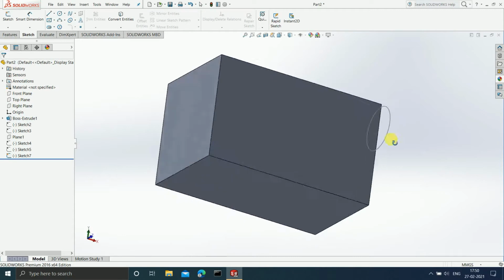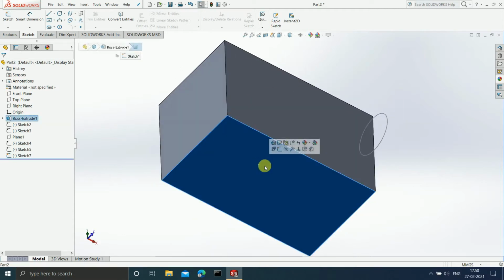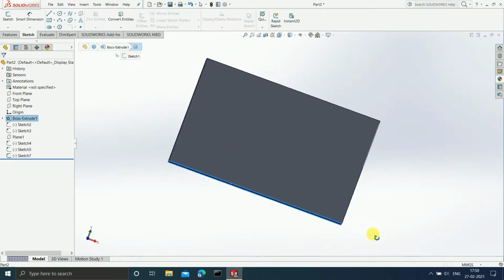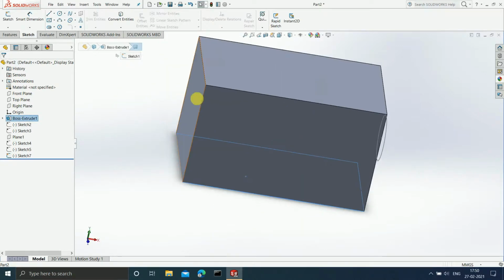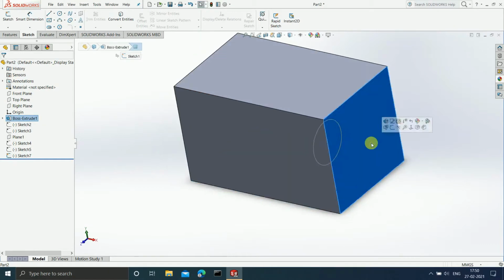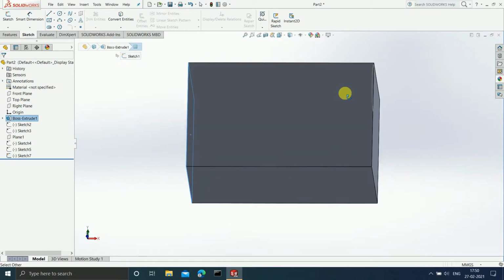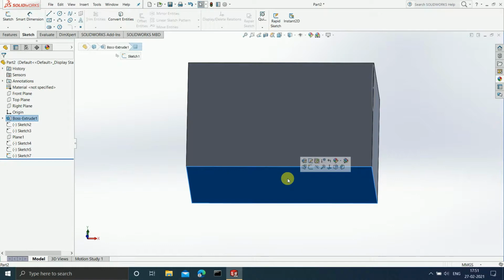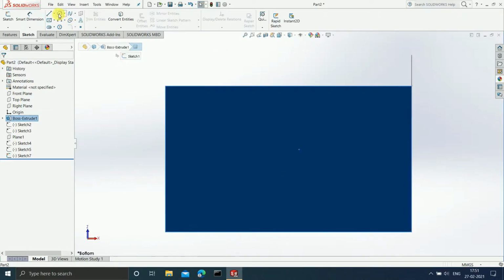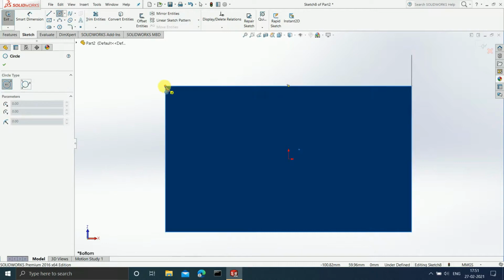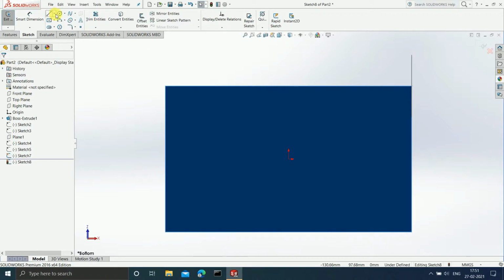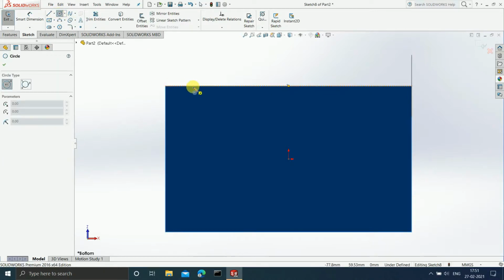Now I am going to draw another sketch and I am going to select this plane for it. See, it is not mandatory that the planes we select be related in any particular way. The planes can be perpendicular or at any angle. It is not necessary that since you selected this particular plane, you have to select that plane because it is perpendicular or parallel. No, nothing like that. You can select any particular plane, right? So I'm going to select this plane now. Press Ctrl 8, and here I am going to draw a circle again. There is no particular reason behind drawing any particular geometry. You can draw anything that you want.